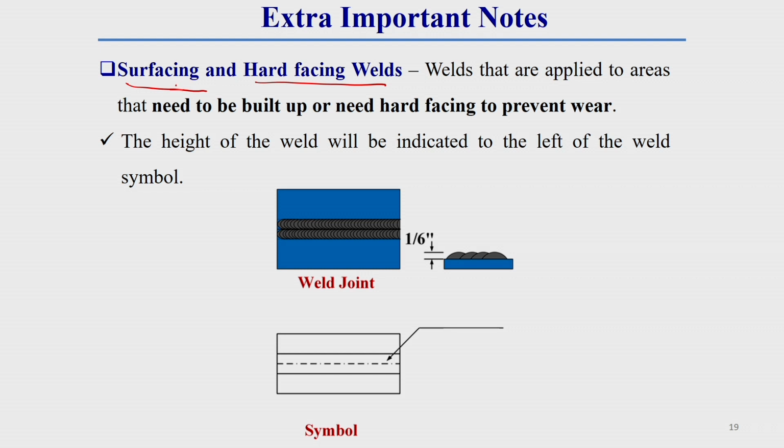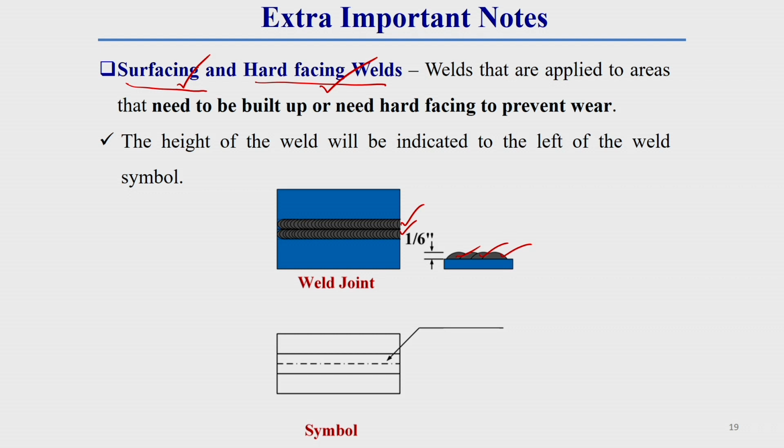For that reason, we see two different types of operation in industry. One is surfacing, another is hard facing. This surfacing and hard facing operation is also represented by a welding symbol. Surfacing or hard facing means we provide a layer of corrosion resistance material over the low corrosion resistance material by depositing metal over there. If we see the side of it, we get the shape of the weld deposition like this. Now, how to represent this in a weld symbol, that we should also know.